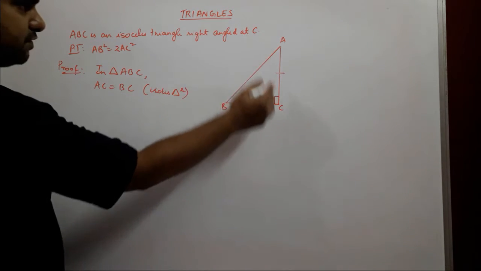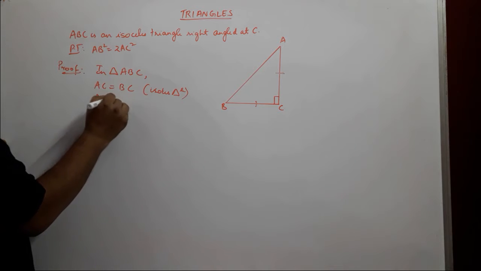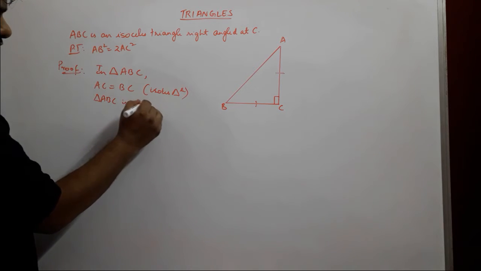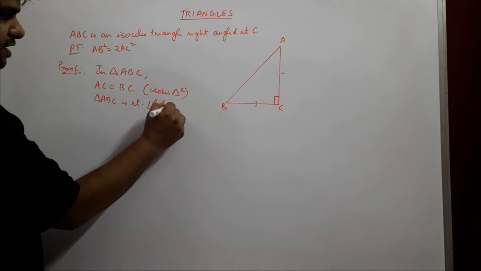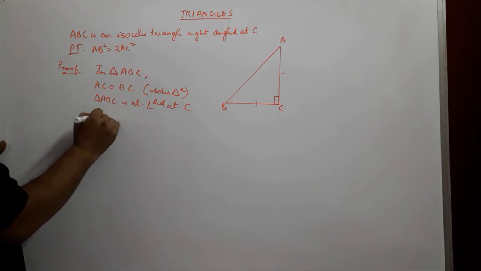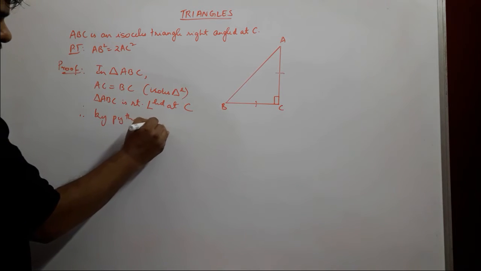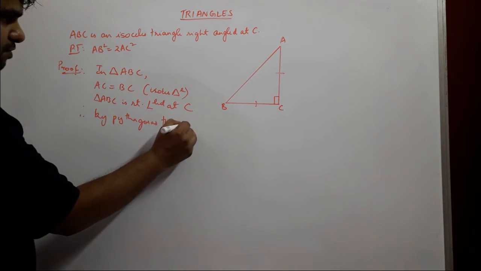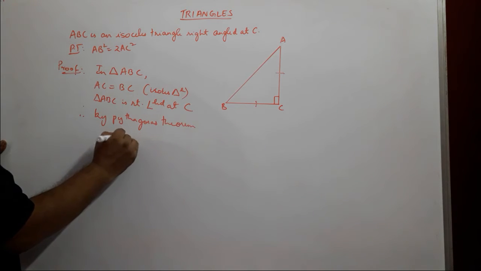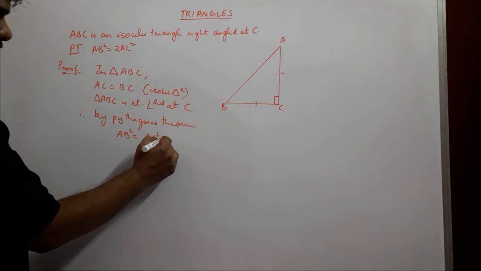And because we are given that triangle ABC is right angled at C, therefore by Pythagoras theorem we can say that AB square is equal to BC square plus